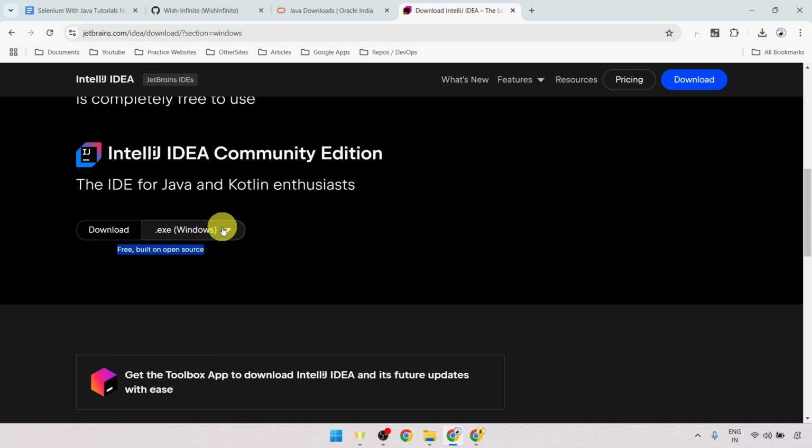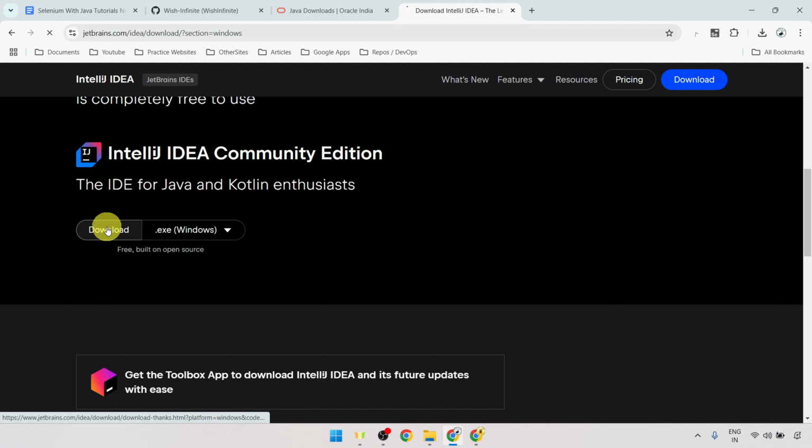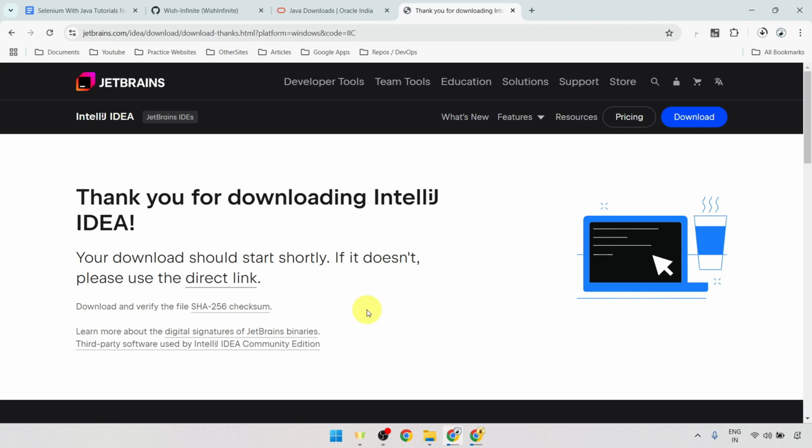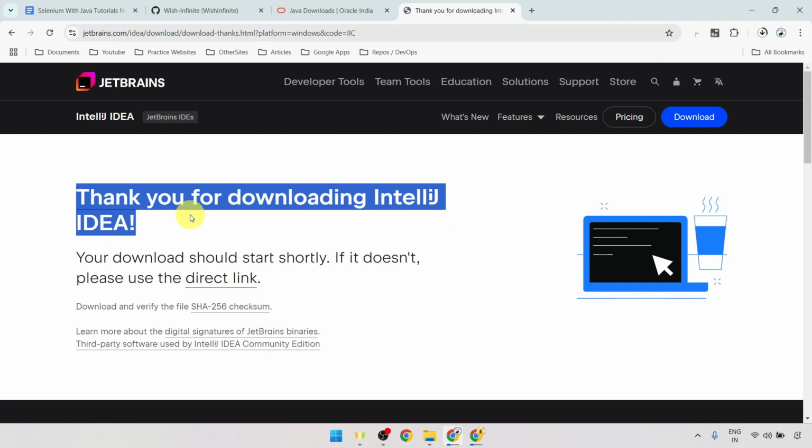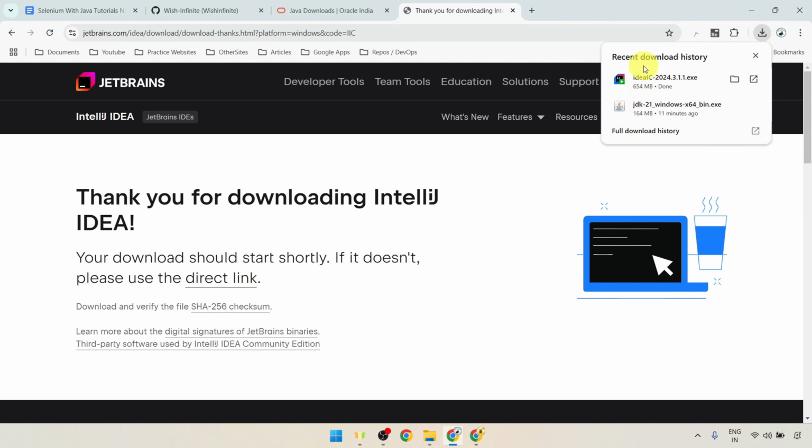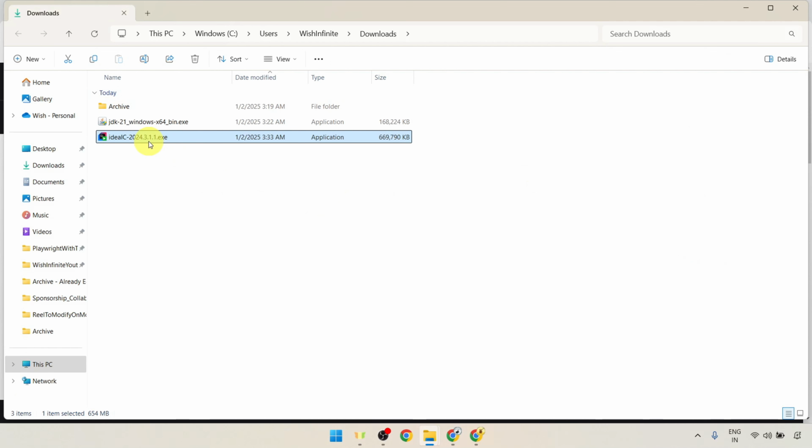So for this, here I am going to download this .exe for the Windows and click onto this download button. And as soon as the download gets started, you would be able to see this thank you message. And once the downloading is completed, you would be able to see this .exe file got downloaded into your downloads folder. You can open this particular file, which will start the installation of IntelliJ IDEA Community Edition.